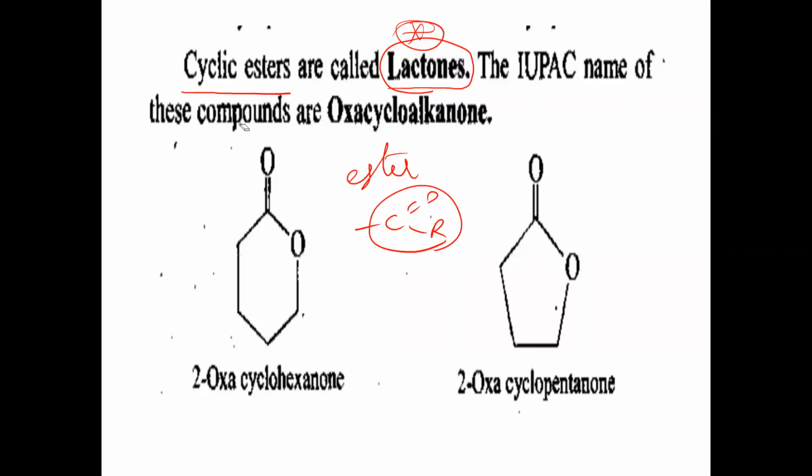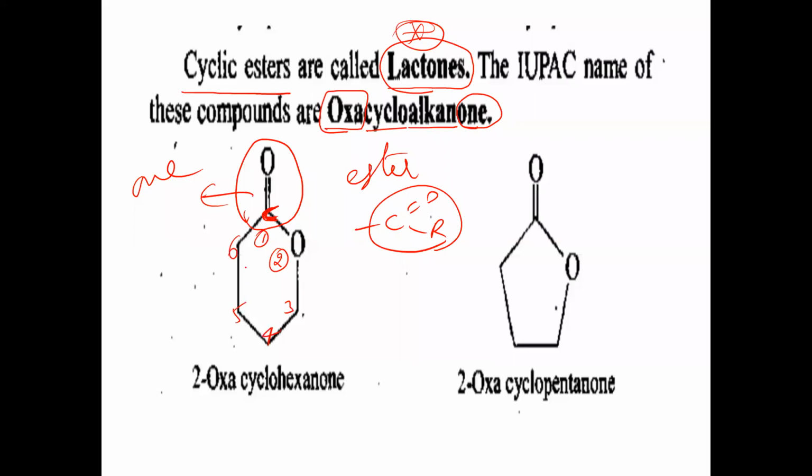The IUPAC name of these compounds uses oxa. Oxa means in place of aza, oxa we are using. Oxacycloalkanone. Now in this case, check it here. This is a ketone, C double bond O, and C double bond O means one should be there. Secondary suffix name is what? On. And here it should be given first position to the ketone carbon, then second position to this oxygen, third carbon, fourth,